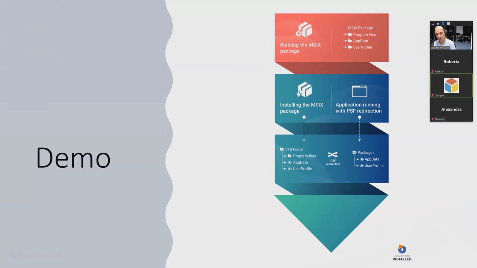And this is recommended only for applications that are no longer under active development. If your application is still under active development, then you should take the actions and fix or improve your code for the applications to behave as expected in the container. But if you don't have access to the source code, or the application is old enough so it can't be modified anymore, then you probably need the Package Support Framework to either redirect simple API calls,